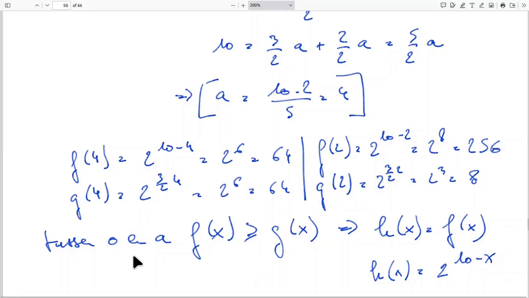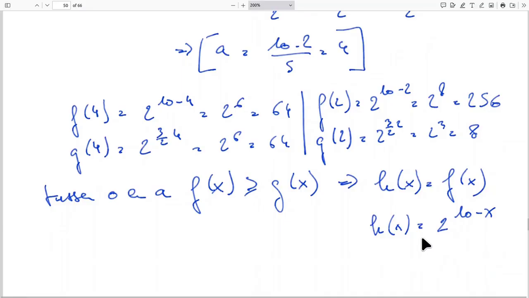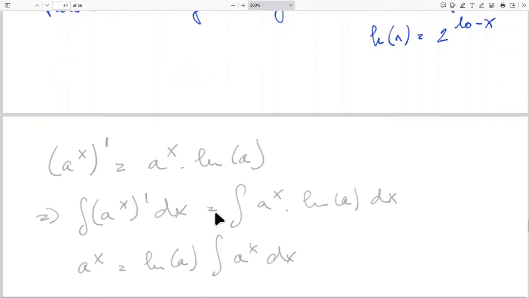So between 0 and a, we can safely say that f of x will be greater than or equal to g of x. So h of x will be equal to f of x, and so h of x will be 2 to the power of 10 minus x. Okay, now that we know that,